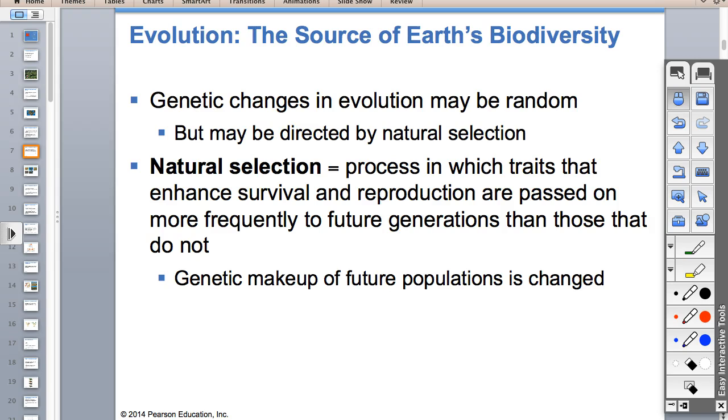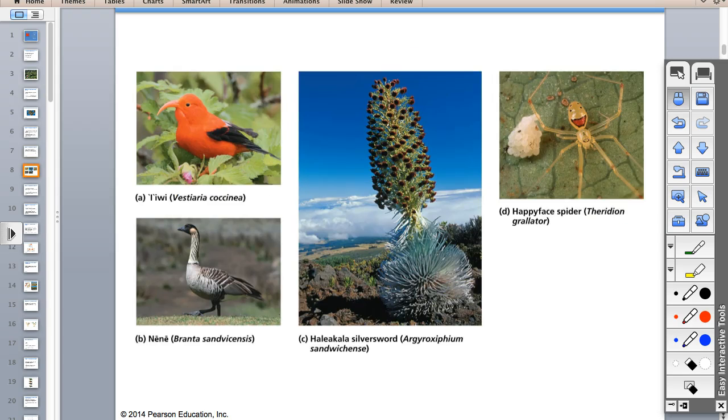Natural selection. That is where you have this slow change over time where genes or traits that help you to survive and reproduce are passed on. It's not always who's the biggest and the strongest, it is who can live long enough to reproduce and have offspring that can also live long enough to reproduce. It's not always the most handsome or the sharpest tooth, it's can you survive long enough to reproduce.